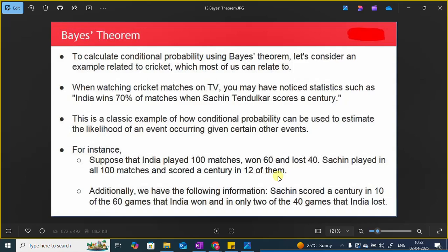Fantastic. Now, additionally, we have the following information. What is that? Sachin scored a century in 10 of the 60 games that India won and in only 2 of the 40 games where India lose. Guys, out of these two problem statements, which are mentioned in 4 different lines, I'll try